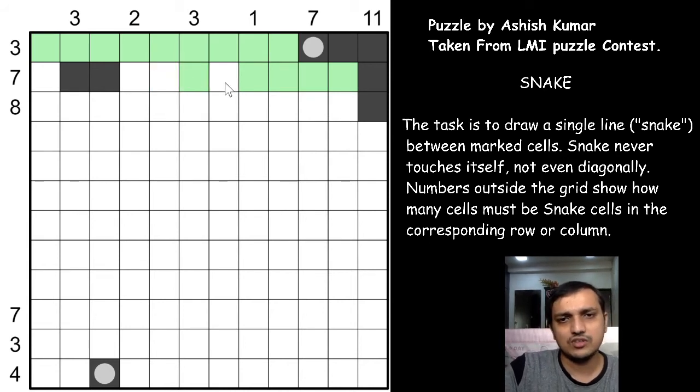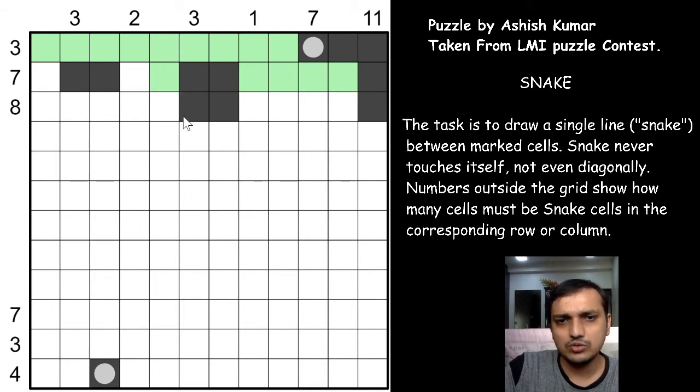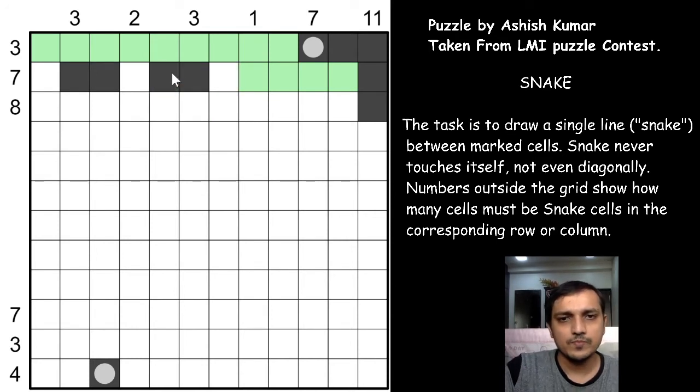Let us unshade this cell. So this cell cannot be an endpoint. If it is an endpoint, then we can mark it as a snake cell, but it is not an endpoint, so this has to be unshaded and you have only 5 cells remaining, right? So this has to be shaded. And what happens if this is unshaded? So this snake cell has to continue outside and it forms a 2 into 2 group of shaded cells. So this is also shaded.